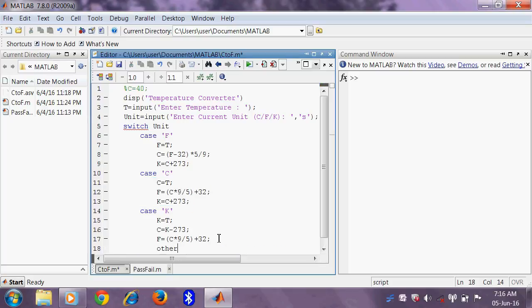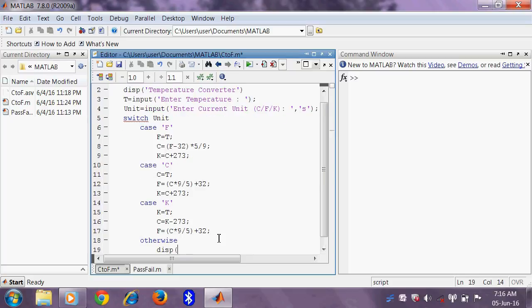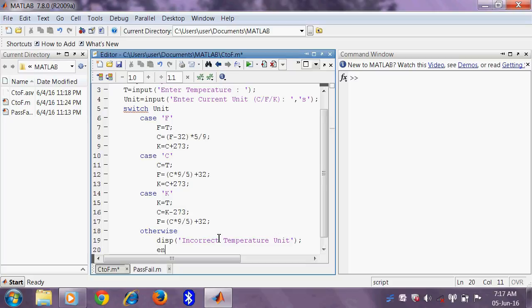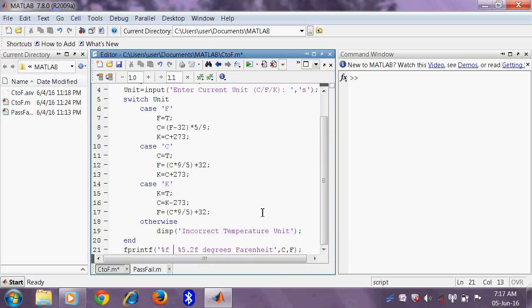There is an optional otherwise. If none of the cases match, the statements after otherwise will be executed. Say display wrong input of the temperature unit, and then the switch case statement finishes with an end. So let's run it.